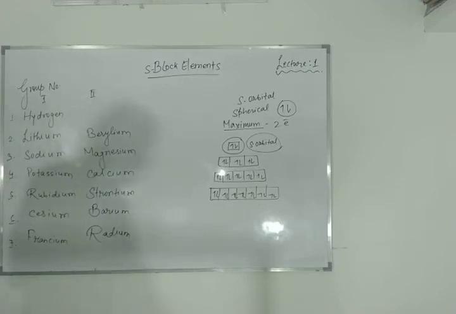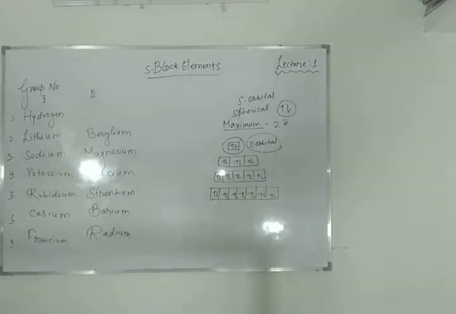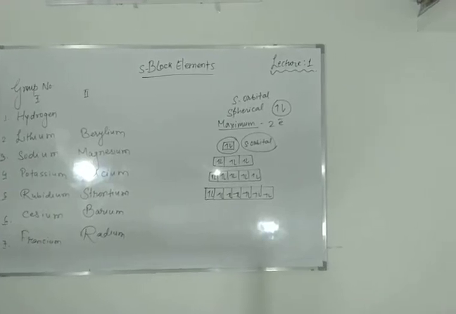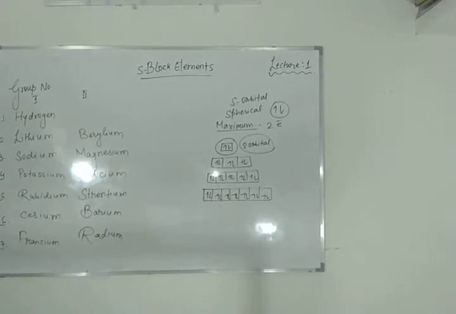Now question is about occurrence of these elements. How do they occur? Means the percentage in nature, the percentage about the isotopes. How are they occurring? Now the main things what we are going to study